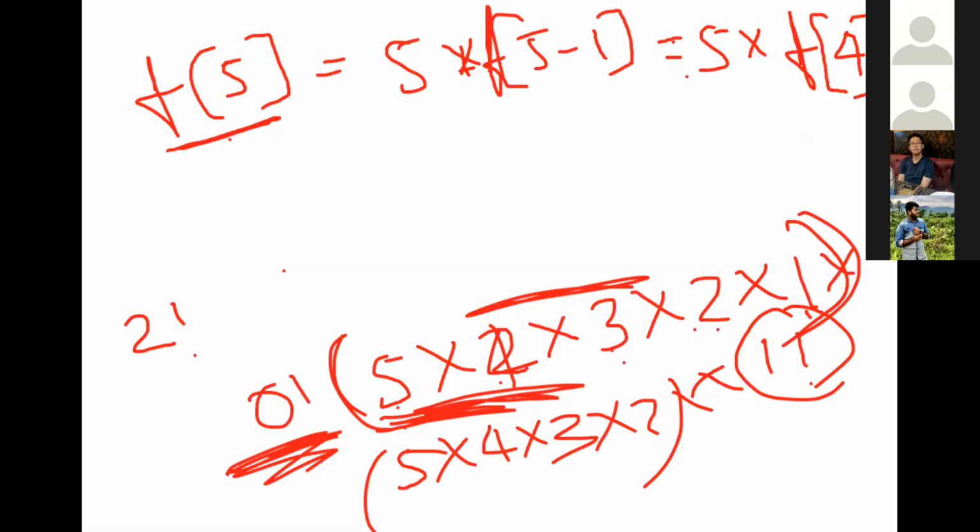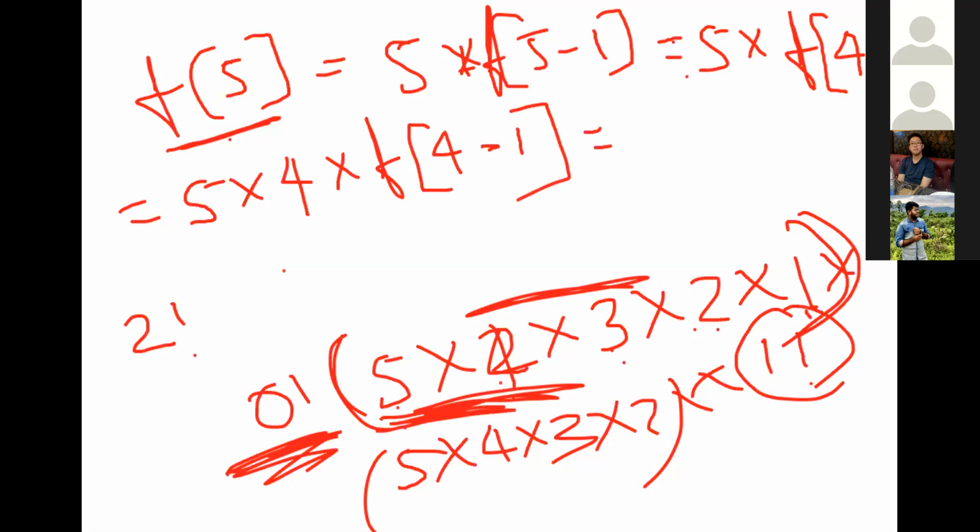Is it? Equal to 5 into f of 4 minus 1. It's correct, no? 5 into 4 into f of 4 minus 1.